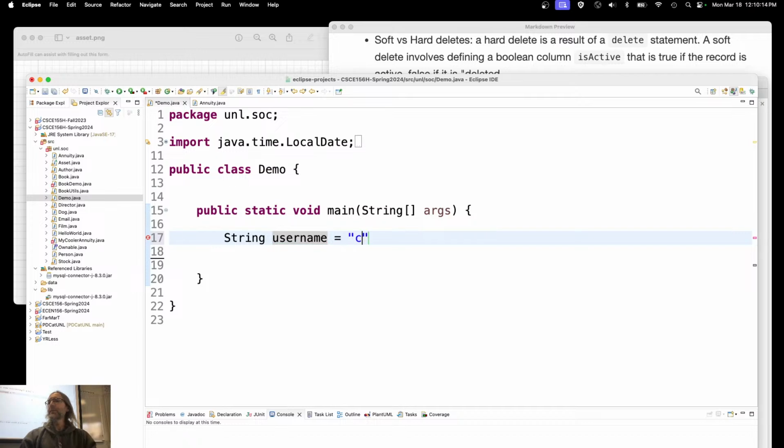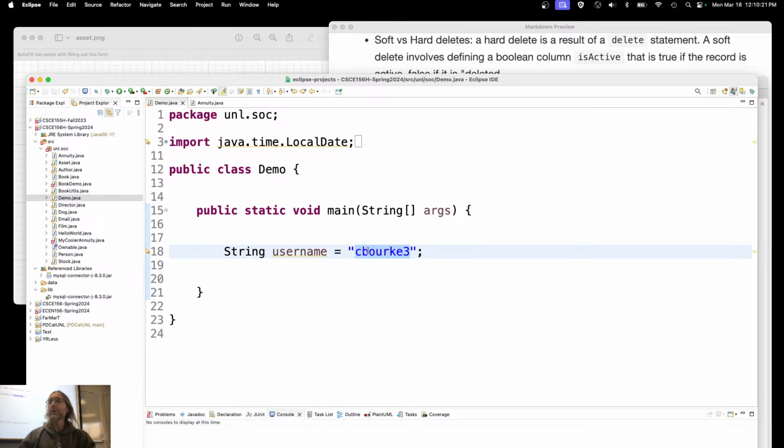Well, what's my username? It's going to be Seberg3. Your username is going to be different. If you're working with a partner, you're going to have to choose one or the other and just go with it, right? String URL is equal to what was the name again